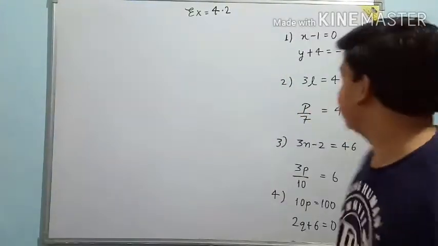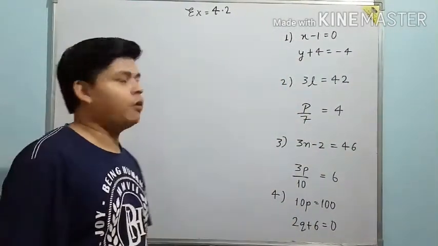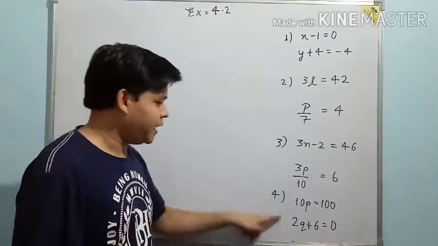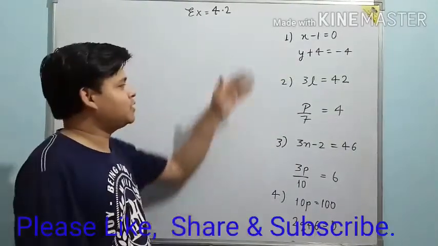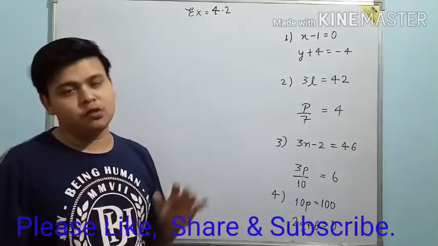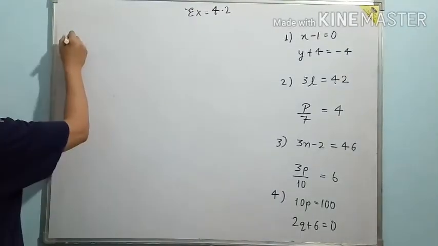So this exercise has 4 questions. Question 1, 2, 3, 4. And from each question I have taken two parts: A, B, A, B, A, B, A, B. And I'll show you one by one. I will solve these questions here, how to solve, so you can understand the method and you can solve the next question by yourself. So let's start with question number 1.